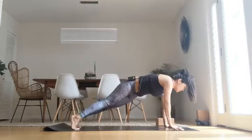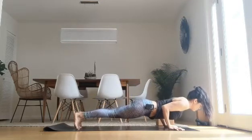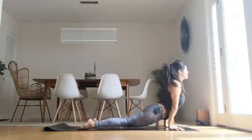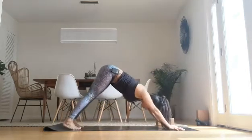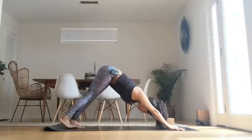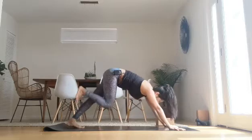Inhale on the plank. Exhale, low push up. Inhale, open up your chest. Downward facing dog, exhale. Stay here. Lift your right leg to the ceiling, inhale. Exhale, right foot forward in between the hands, low